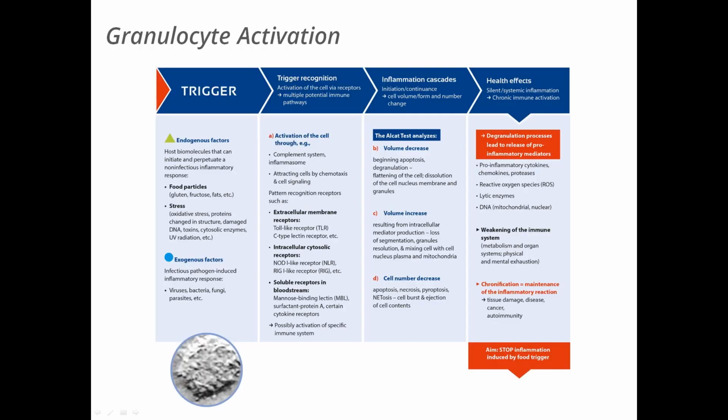Here you see the progression of the inflammatory cascade that is orchestrated by the innate immune system when presented with endogenous or exogenous triggers. Diverse stimuli, including endogenous factors such as food particles, stress, DAMPs, and exogenous factors such as PAMPs can trigger reactions of innate immunity. Reactions are conducted via signaling pathways and activation of specific pattern recognition receptors, PRRs, ultimately resulting in